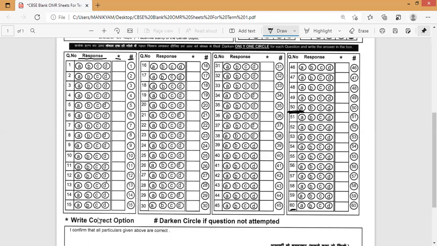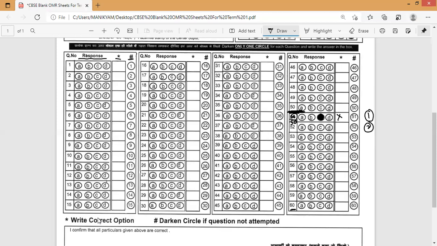Now the second point is, for example, if 50th is the last question in our question paper, but for the 51st question you have struck out and written 50 and attempted option C, then it is not considered to be evaluated. Please remember, if the maximum number of questions is 50, we are not supposed to go beyond it. If you change the question number and attempt, even if you mark the correct one with correct bubbling, it is still evaluated as wrong. So these are the first and second points you have to remember.